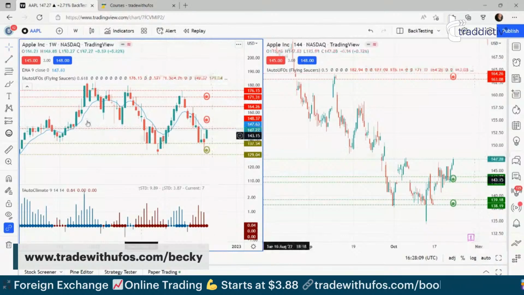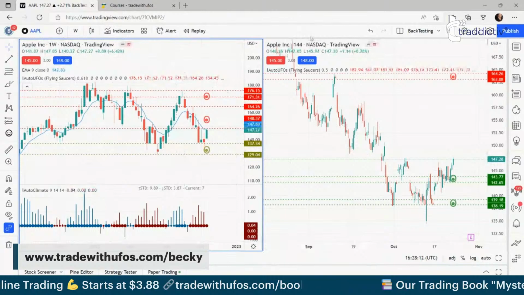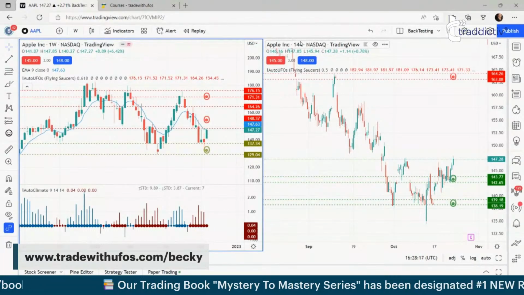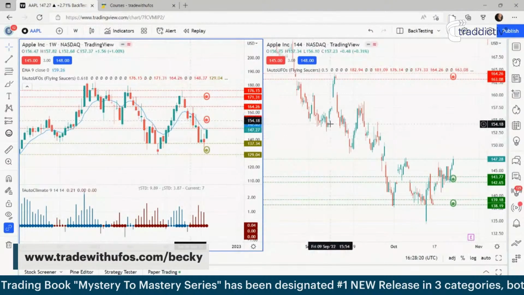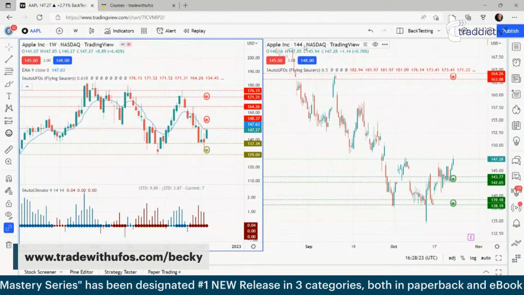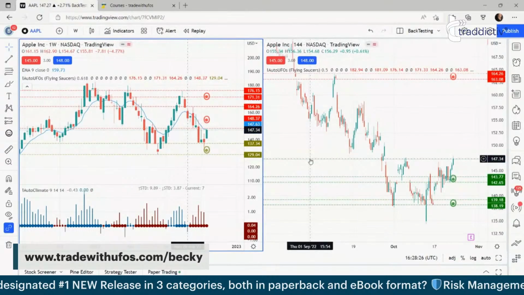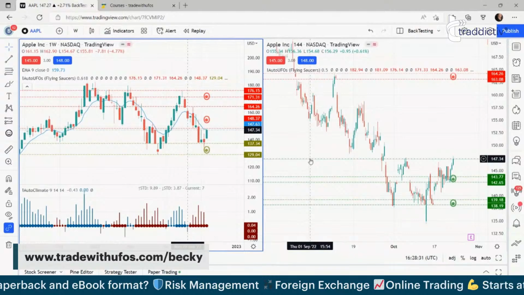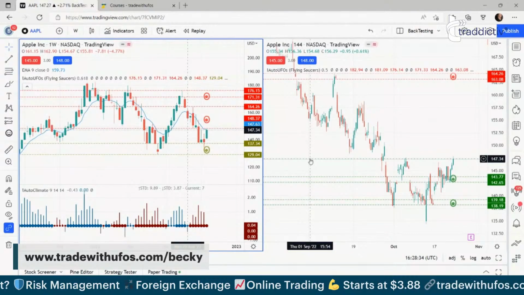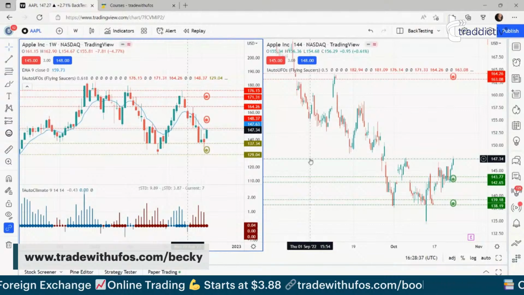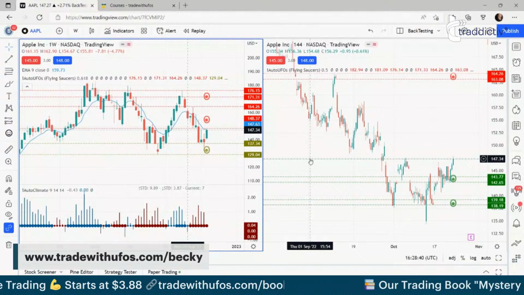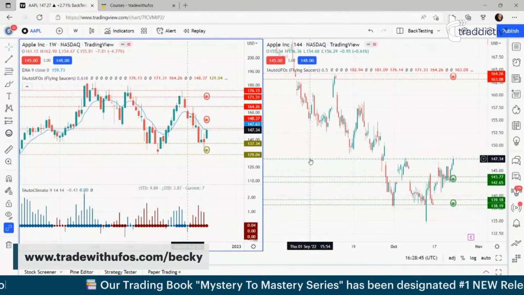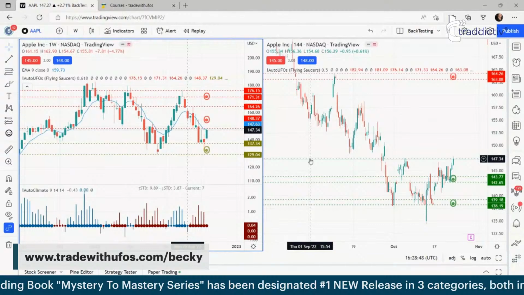So I have a weekly chart on the left. I have a 144 on the right. Again, those are the preferred timeframes we use. You pick whatever timeframes you want. Again, one of the things you might choose to test is timeframes. Does it work better if I use a 144 or a daily chart or a 4-hour chart or a 2-hour chart, whatever? There's literally millions of variables that you could put together all in different ways. Backtesting should be something where I would say you shouldn't be testing more than 1 or 2 variables at a time. Otherwise, you will need thousands and thousands of trades in order to get all of the combinations of those variables to prove a point or not.